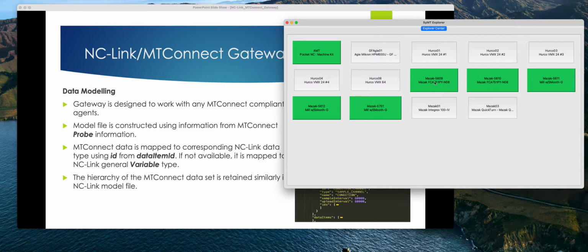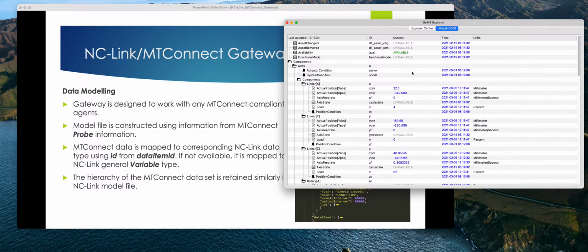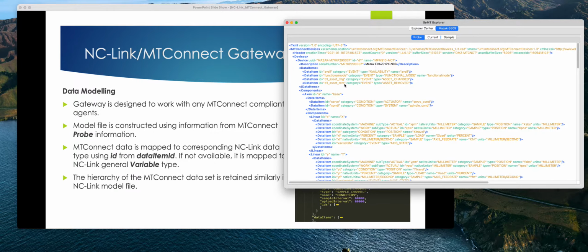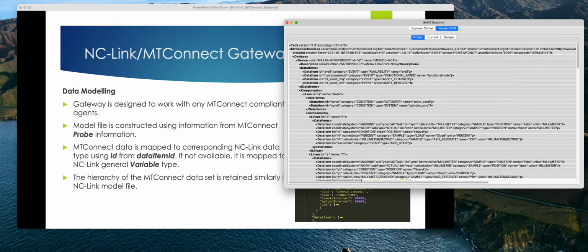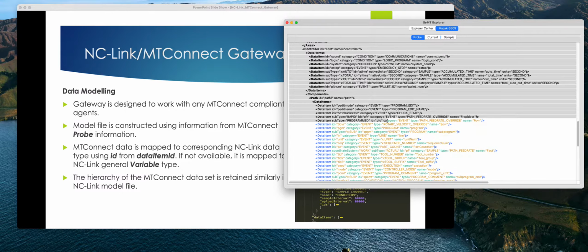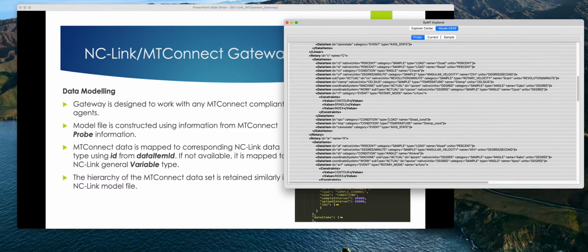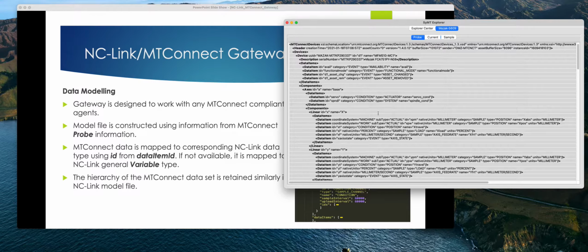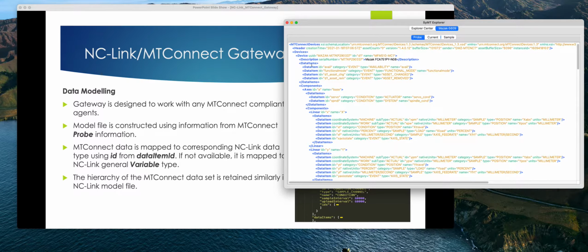So one way to look at it is, when you look at the probe information, the MTConnect agent will present back what the meta information of this device looks like. This is the information from one of the MASEC machines. As you can see, it describes all the different data points and what the hierarchy of the information model looks like.